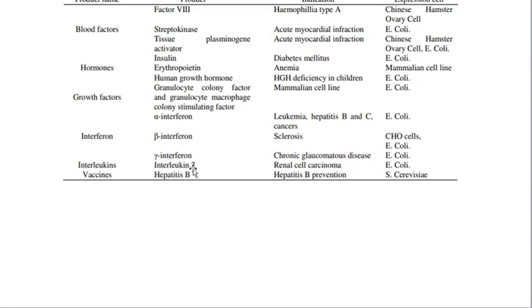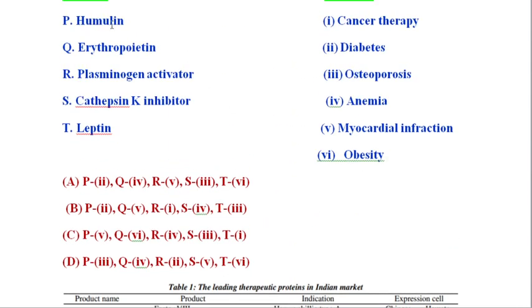And interleukin 2 is expressed in E. coli and it is used for renal cell carcinoma. Hepatitis B vaccine is used for preventing hepatitis B and it is expressed in Saccharomyces cerevisiae. So humulin is used for diabetes, erythropoietin is used for anemia, plasminogen activator is used for myocardial infarction, and this